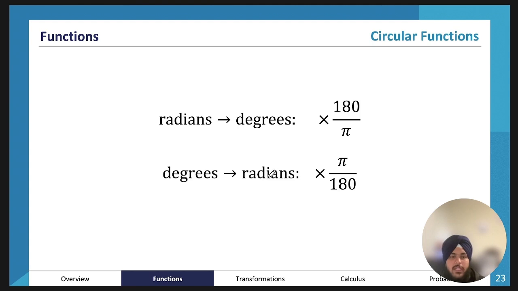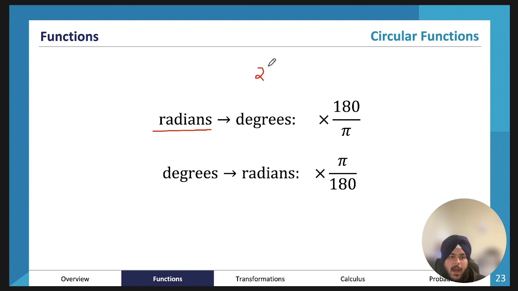So here are two really important formulas. Can also be done in your calculator. But essentially, if we're going from radians to degrees, we multiply the angle that we have. So whatever angle we have in radians, we multiply that by 180 over pi. So the thing about this is, if you don't remember which formula is which, well, you know that radians